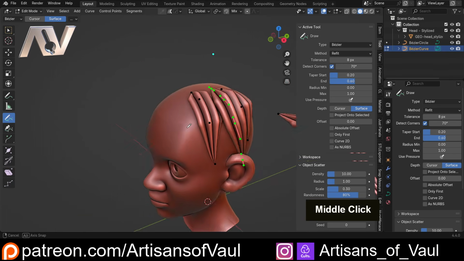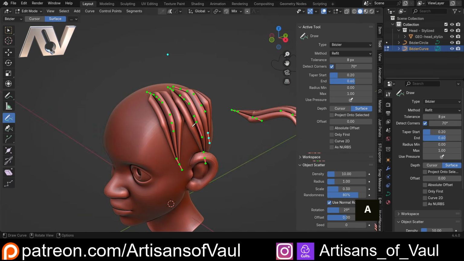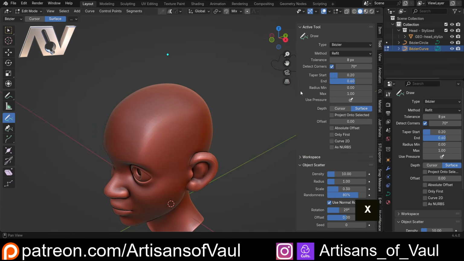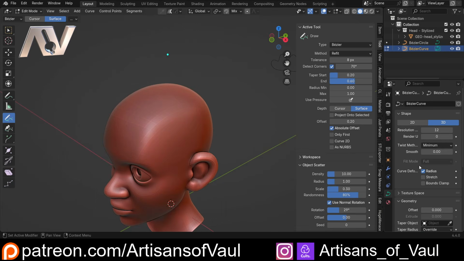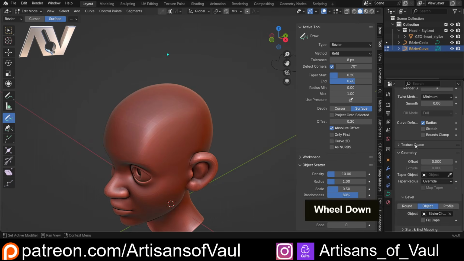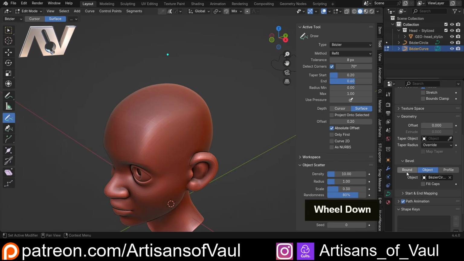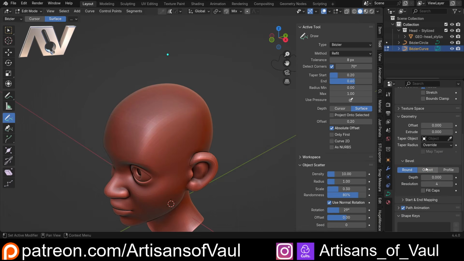Now, this has other benefits as well. If we just press A and then once again delete all those vertices, I can also set an offset. I'm going to put that as, let's try 0.2. We are going to want to use an absolute offset. Normally this offset, I'm not going to go into this too much, works off of, if we come to our geometry, if we have a round selected, it works as a percentage of that round depth. We don't want that, we're using our object, so we're going to have to change this to absolute,